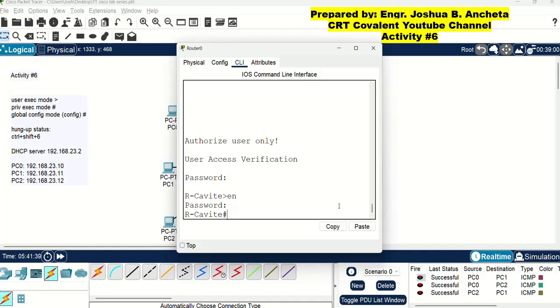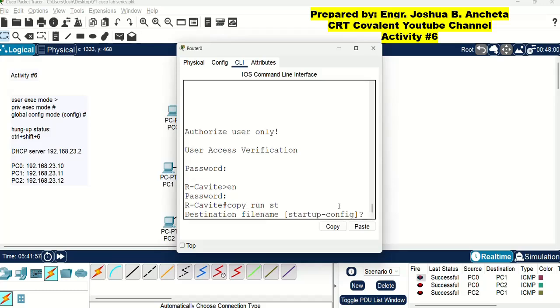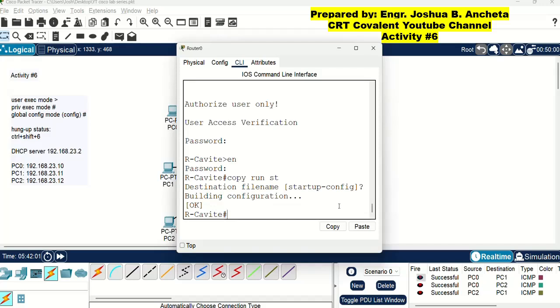From this privileged executive mode, we can save the configuration for this router. The command is copy running-config startup-config, or simply copy run st. Just press enter here and our configuration is now saved.